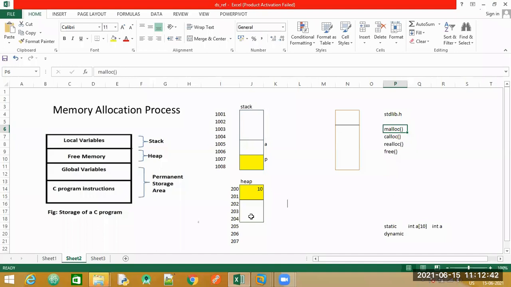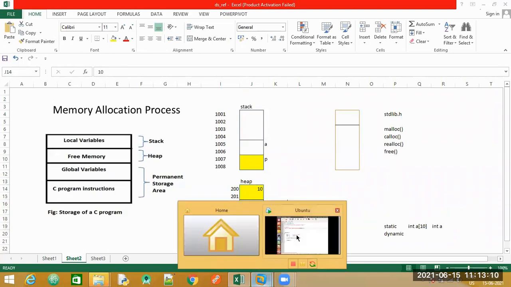Let me tell with this diagram. If I select this, how many bytes of memory is getting allocated now? 2 bytes are getting allocated. The address 200 and 201. If I select this much, now how many bytes are getting allocated? We'll take another to make it all integer. So the number of blocks that are allocated are from 200 to 205.